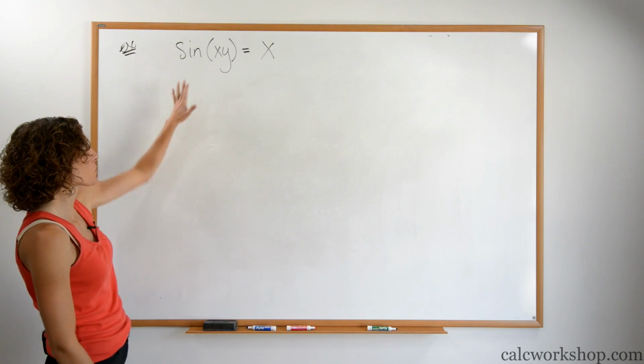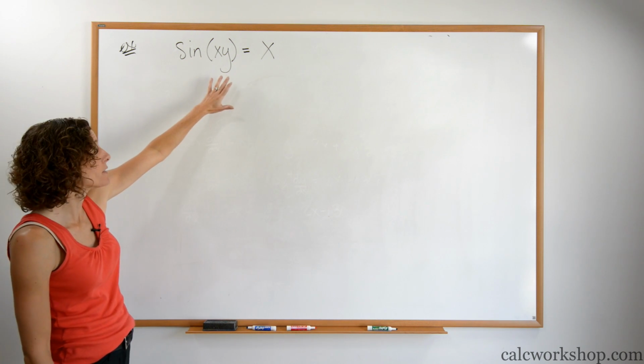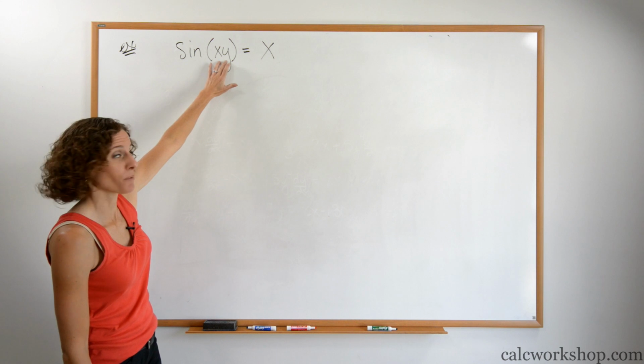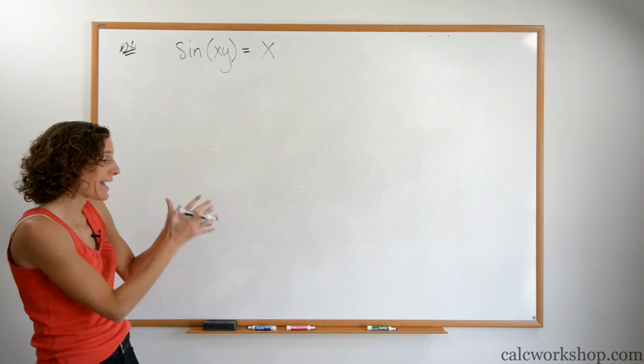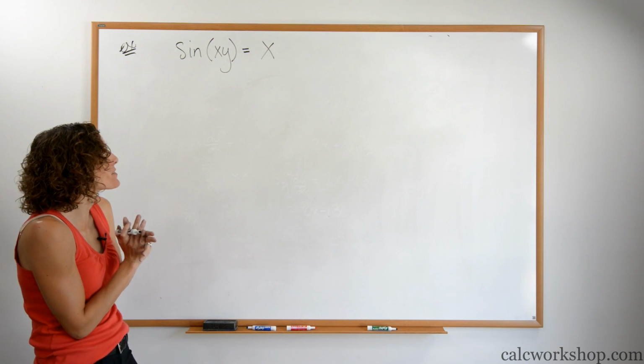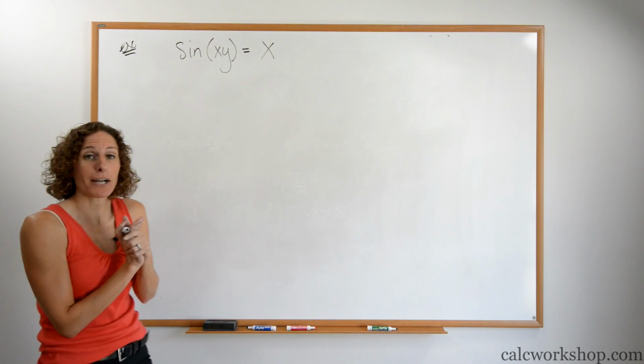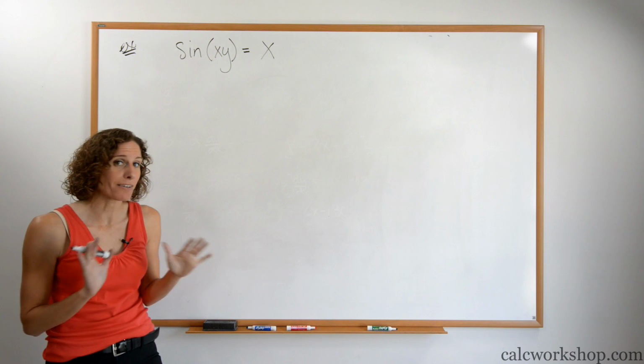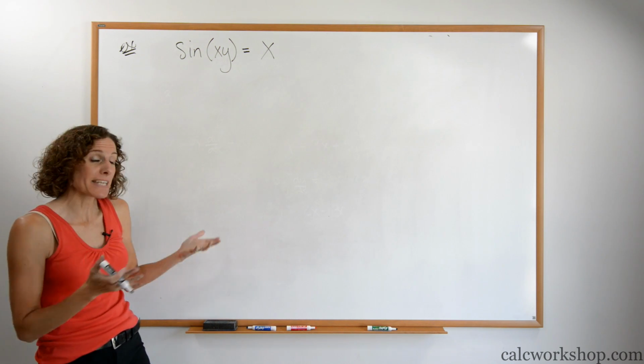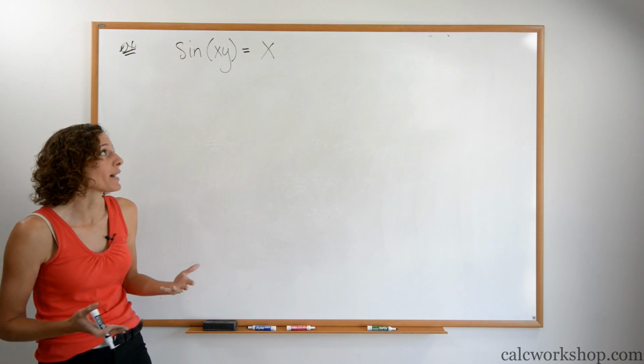Okay, what we have is we've got a trig function, and oh no, the angle has x and y intermixed. There is no good way to get the y by itself. So I'm not going to try. I'm just going to leave him exactly where he is. And when we get to taking his derivative, we're just going to multiply by dy/dx.